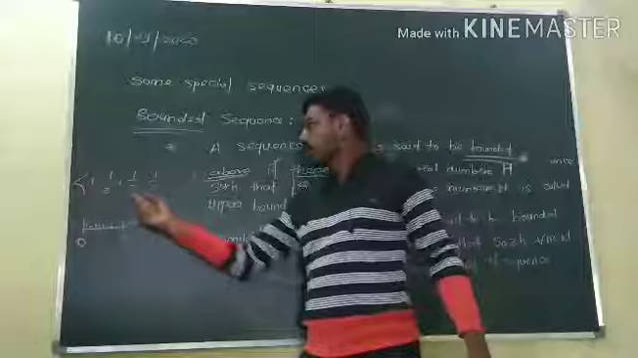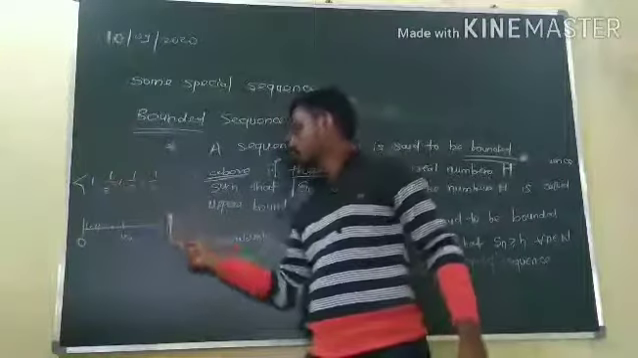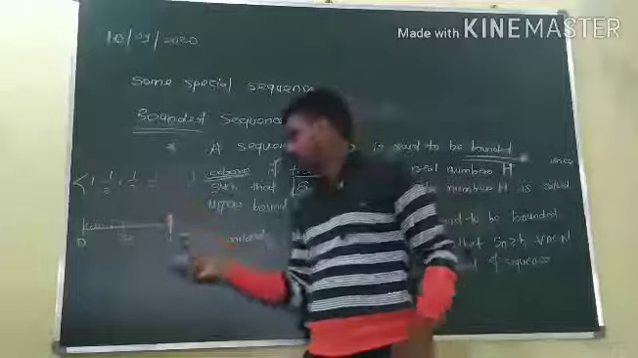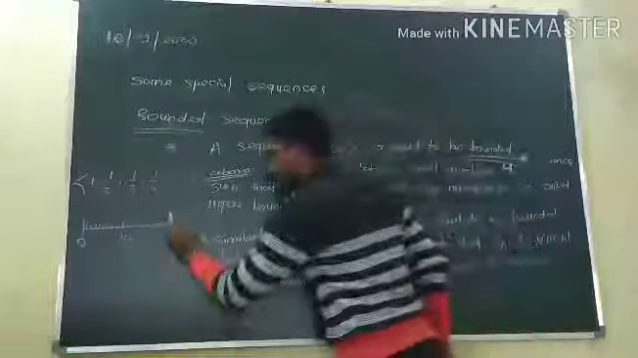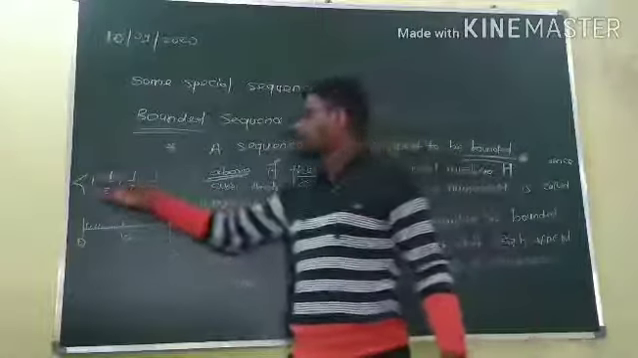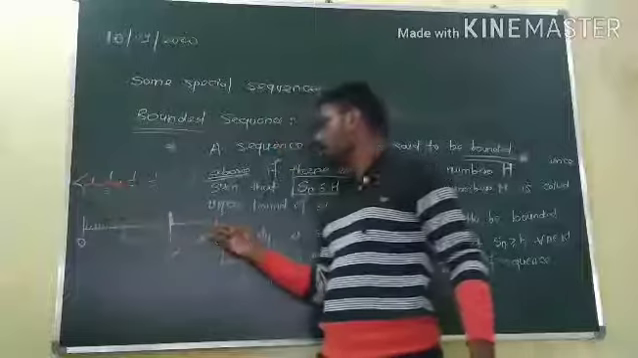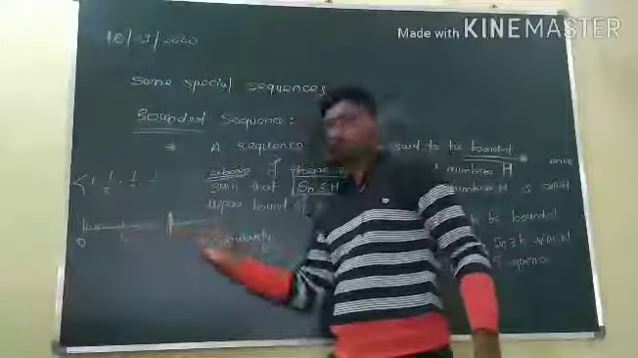See now, 1 is less than or equal to 1, 1 by 2 is less than or equal to 1, 1 by 3 is less than or equal to 1, 1 by 4 is less than or equal to 1. So here 1 is an upper bound of the sequence. Similarly, 2 is also an upper bound of the sequence. Why? Take this term 1, which is less than or equal to 2, 1 by 2 is less than or equal to 2, all the terms are